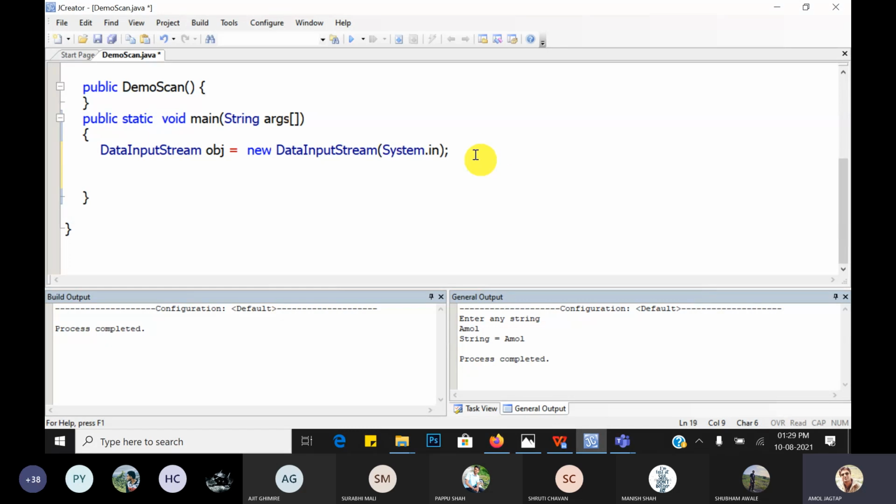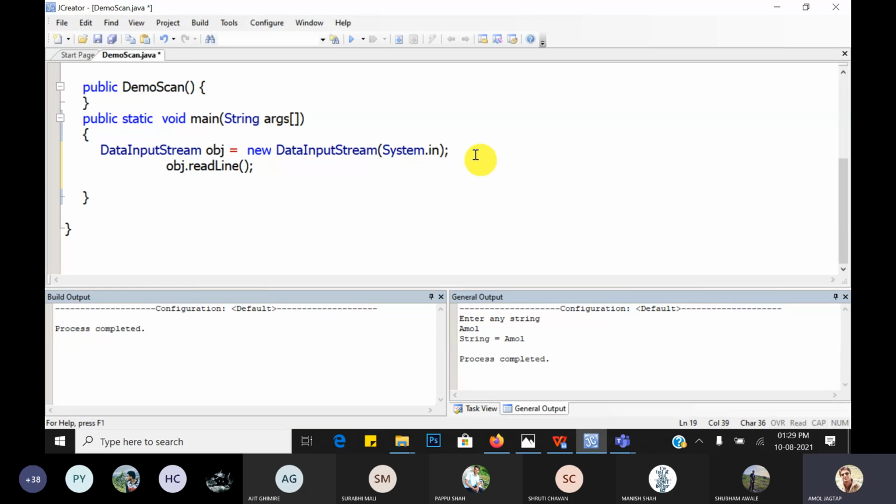Next, by using object.readLine. The DataInputStream class has only one method, object.readLine. It reads the line in the form of a string only.